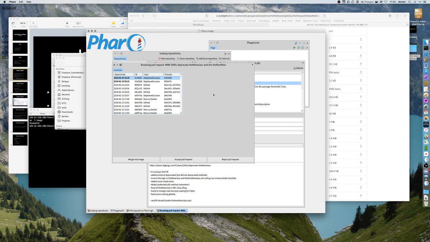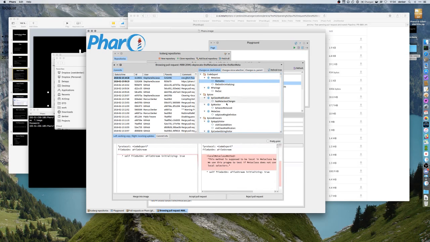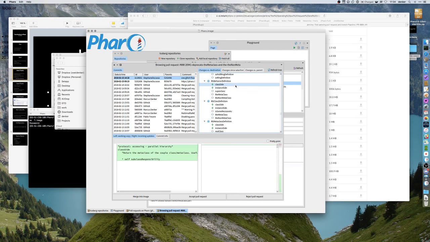Yeah, so there you have the change shown in a way that you see, this is a class, this is a method, and you see all of them. There's a diff. The problem of the diff is that right now it's, I think, the wrong side, but else it works well. And there you can actually merge it in the image if you want to test it,